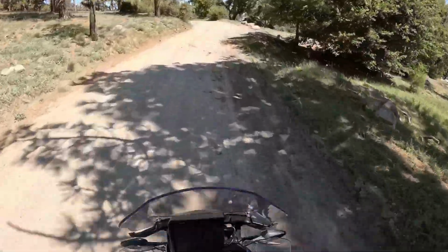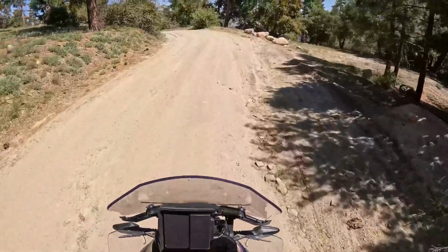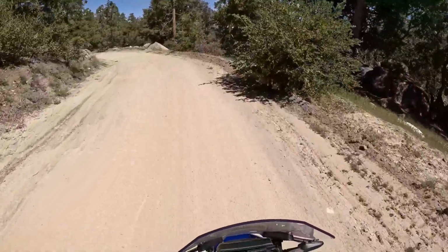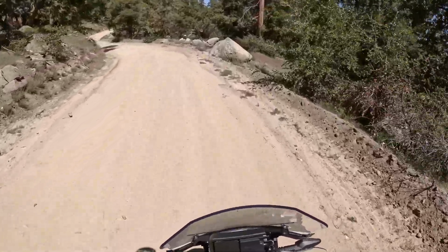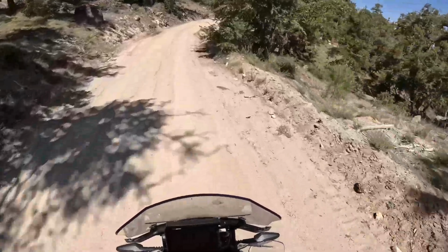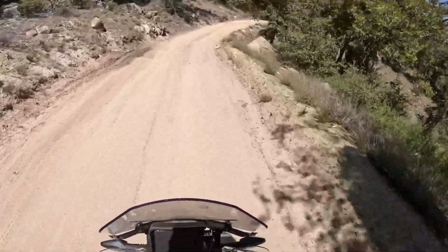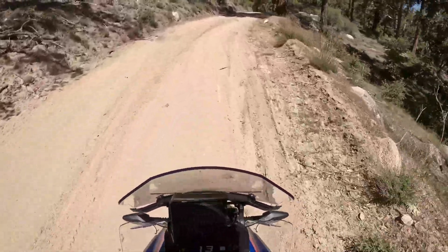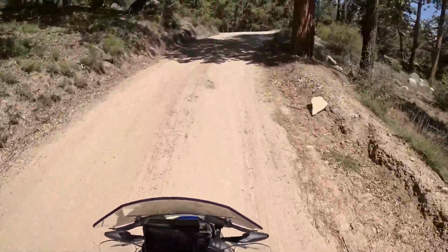I mean, obviously my S1000 had a bunch of ride modes too, but it was like track and dynamic and whatnot, and you know, all I've ever known is street riding. So it didn't occur to me to put in enduro mode until I was struggling there. I must have been at the entrance of this little trail for like damn near felt like an eternity, but in reality it was probably like an hour,